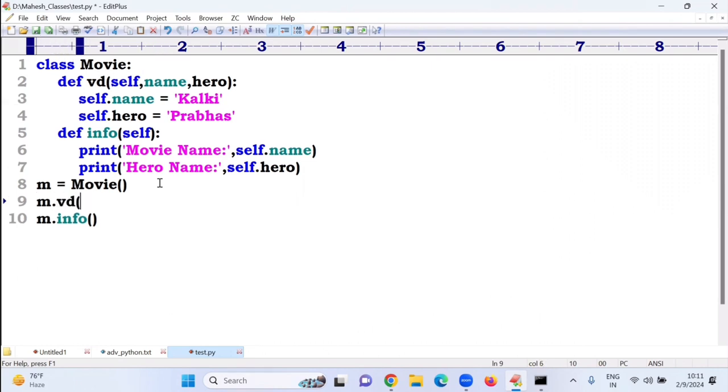Variable declaration. Variable declaration contains how many variables? Three. But you need to pass two. Self is also a variable only. A method contains three variables: first one self, name, hero. But you need to pass only two. Now,